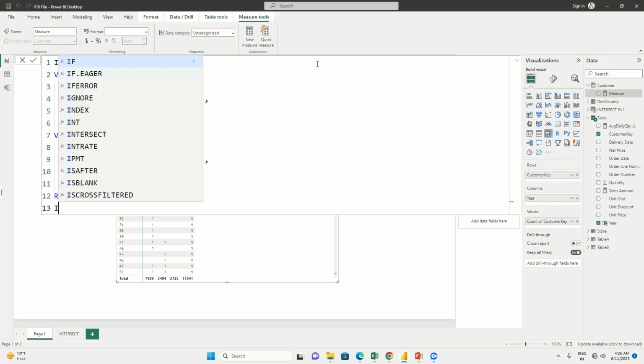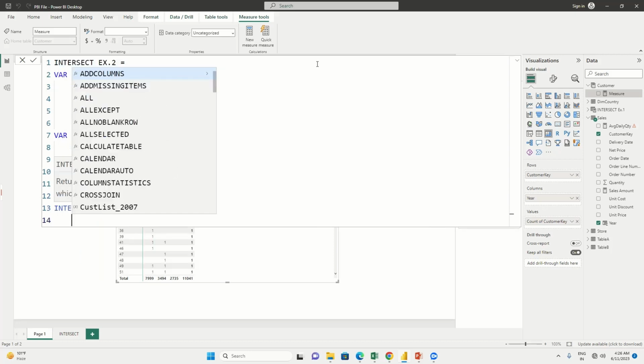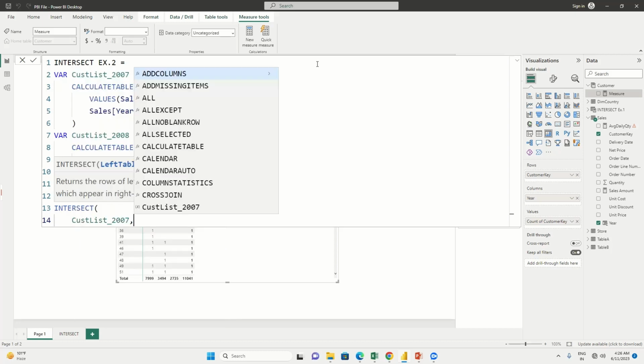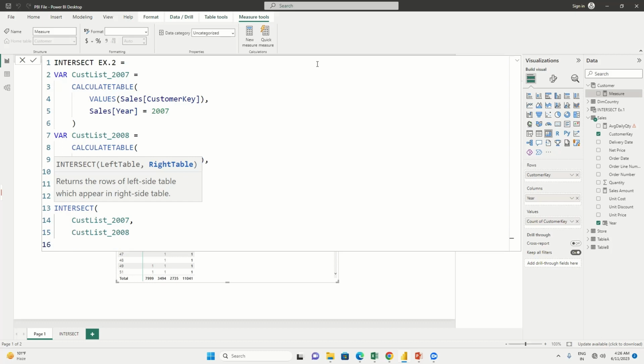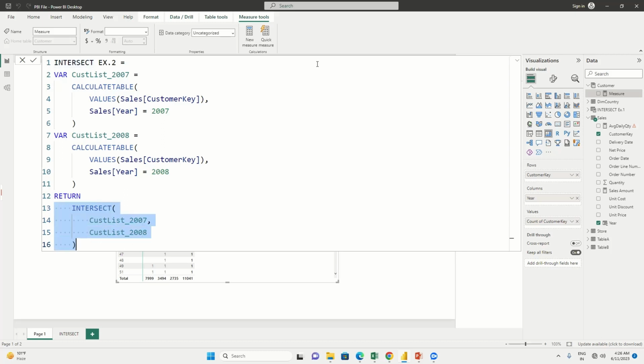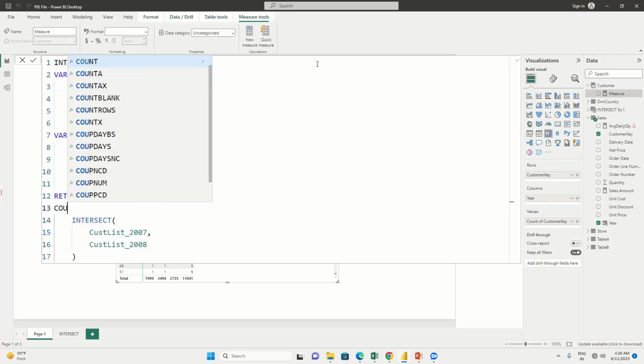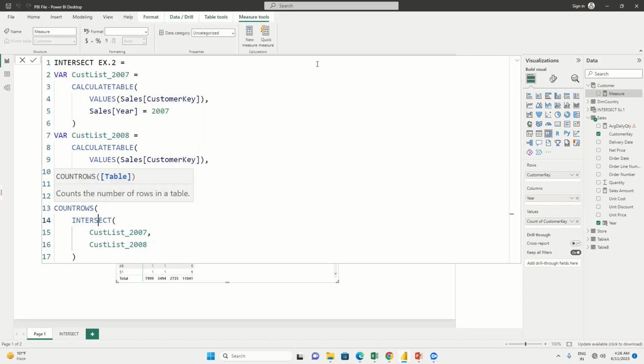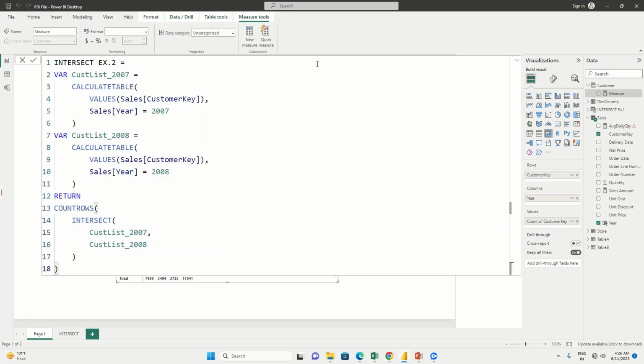So if I use my INTERSECT function now, and let me put the table names customer list 2007 and customer list 2008, but if I run this, I will not get the correct result. The reason behind it is the INTERSECT function returns a table as an output, and I want to calculate the number of customers. How can I do that? So if I wrap this INTERSECT function within COUNTROWS, then the COUNTROWS function can count the number of rows, basically common rows. So now if I just run this code and press enter